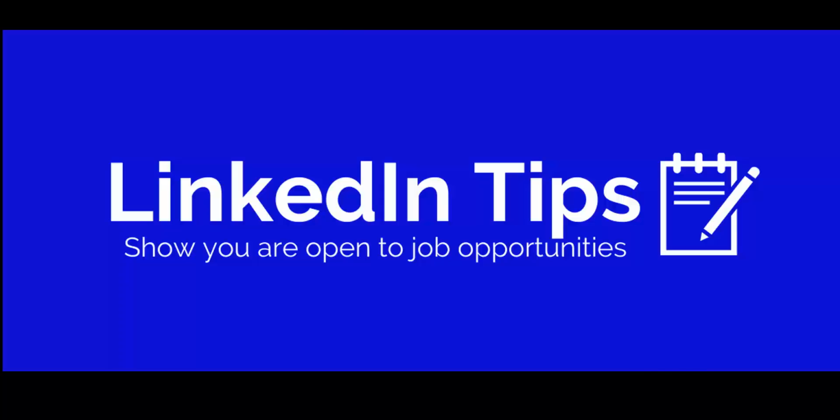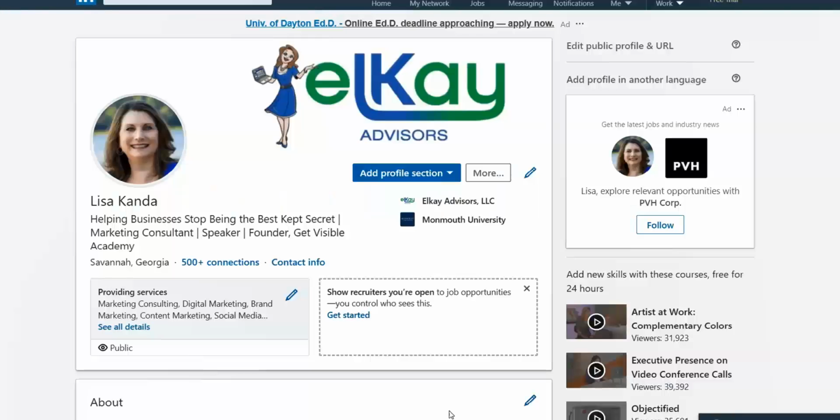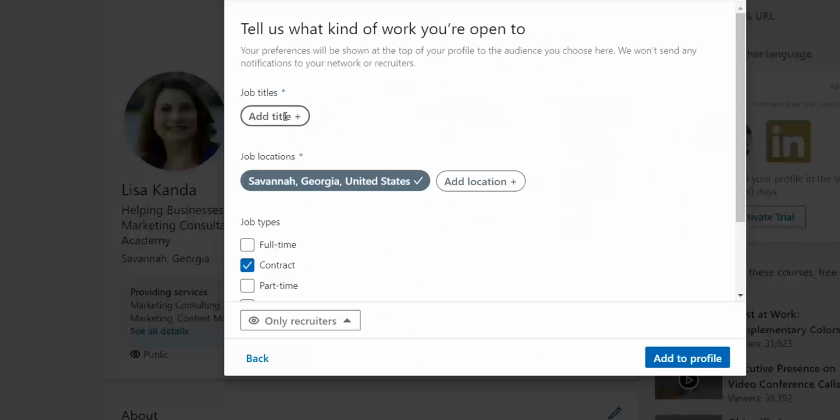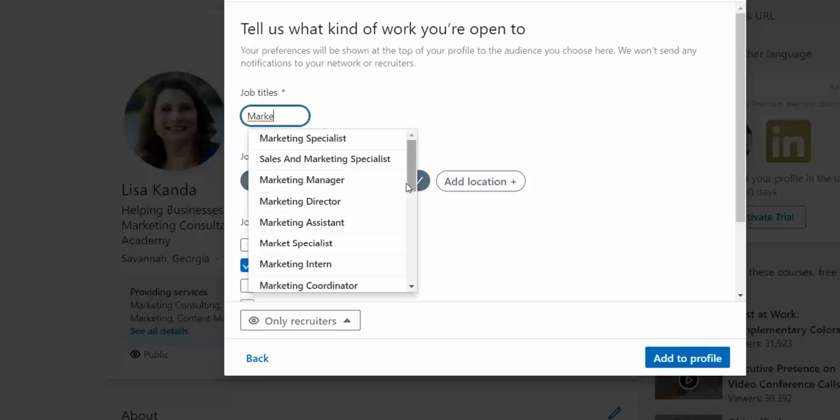Go to your home screen on LinkedIn and then go to your profile. You will see a place where it says Show Recruiters You're Open. Now you add your job titles here and it will self-populate. So start typing in various job titles you want to be found for and click on the drop down because